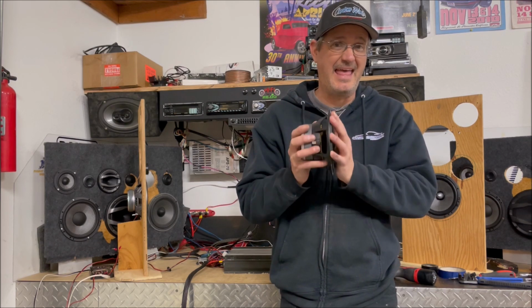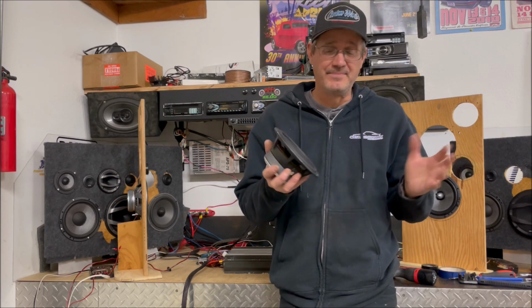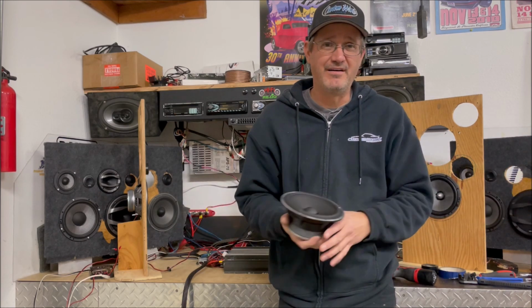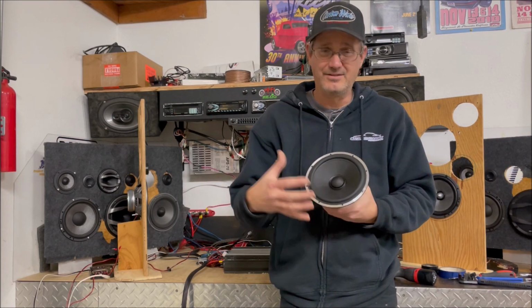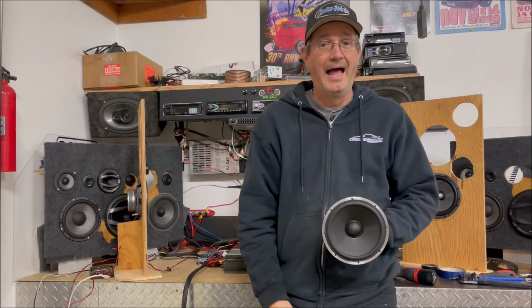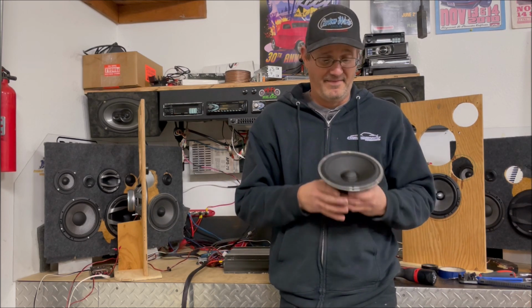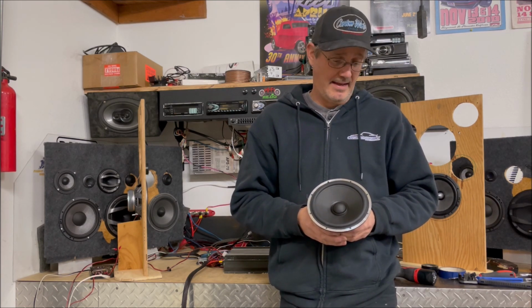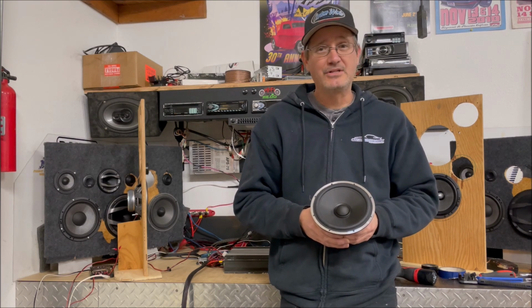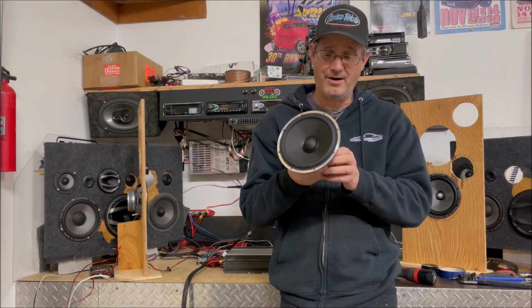These are marketed as ultra high end speakers. These things don't come with it, but you can download your serial number and it gives you a sheet of the sound test they do on these things, and they keep it on file. I just don't know what to say. $2,000 versus $450 speakers. And my conclusion is with a DSP and lots of time and an RTA and all